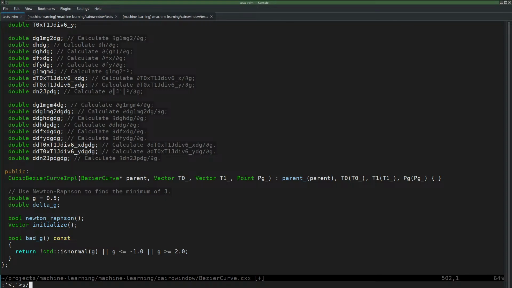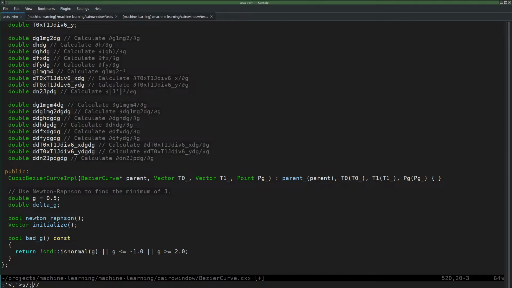Substitute, yeah, let's say semicolons at the end of the line can be gone, as well as dots. And then a semicolon followed by